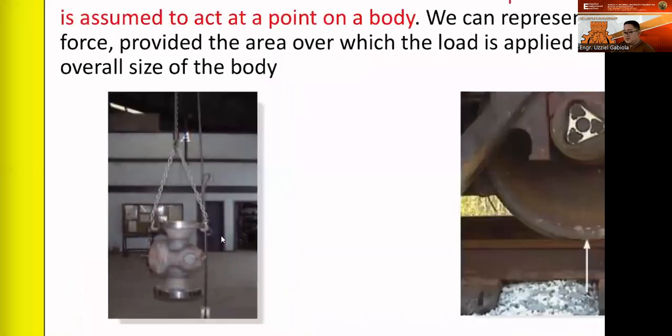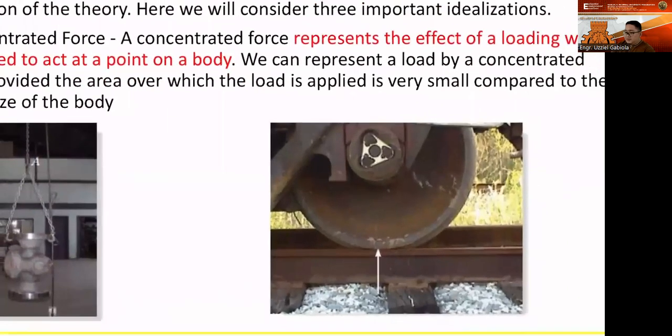Okay? Also in another picture, we have a railway, no? So the rail track is made up of steel, which is a common engineering material that does not easily deform when a load is applied, for example when the wheel of a train passes over it. Okay? So we can consider our railroad or our track to be a rigid body acted upon by the concentrated force of the rail. No? So it means,